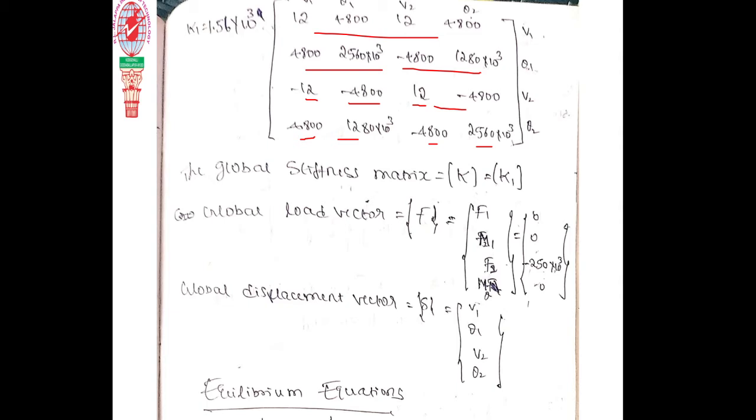Okay, so now the next step is the global stiffness matrix. Only one k is there, therefore the total k matrix is equal to k1 only. That is what becomes the global stiffness matrix. K1 we already know here. We took just k1 because there is no addition, only one element, so that makes it very easy. Therefore write the global stiffness matrix: K matrix equal to k1 matrix. Got it?